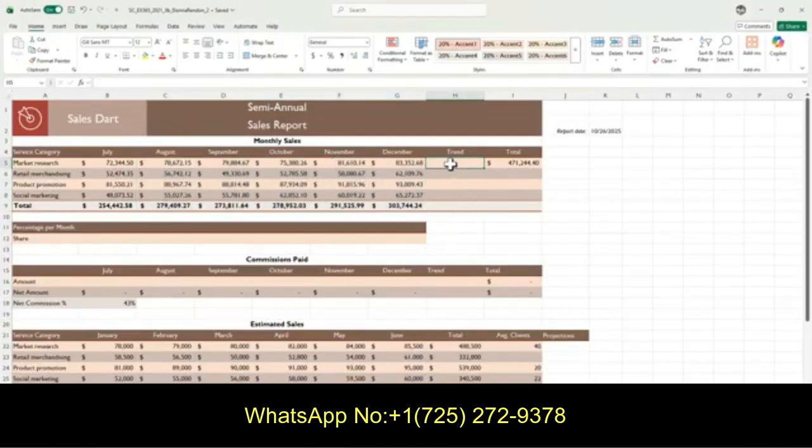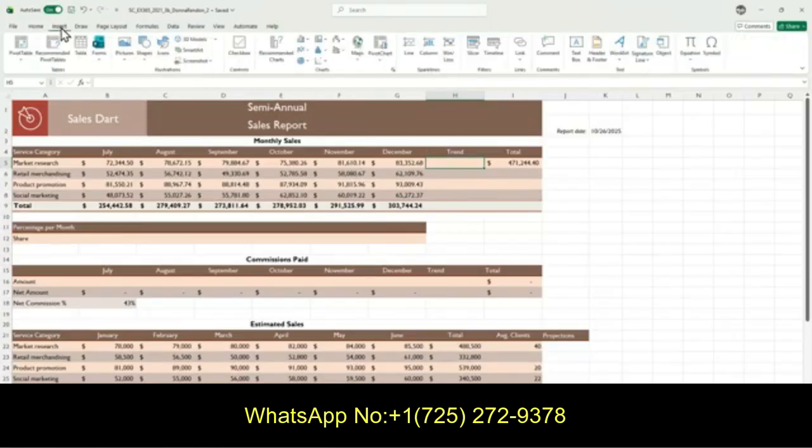So here is the Trend column. That's H5. I'm going to insert a sparkline. Select H5, select the Insert tab, and go to the middle of the ribbon where you will see the Sparklines group.